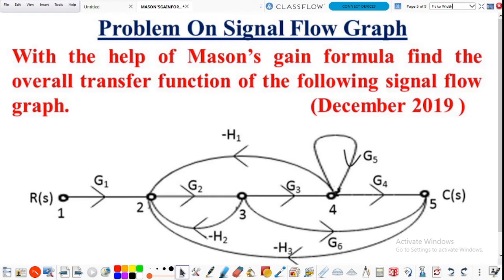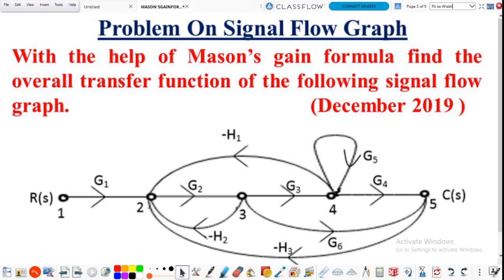And this is the given signal flow graph. So calculate the transfer function of the signal flow graph using Mason's gain formula. So what is Mason's gain formula? The transfer function capital T is equal to 1 by delta, sigma k is equal to 1 to n, P suffix k into delta suffix k, where delta